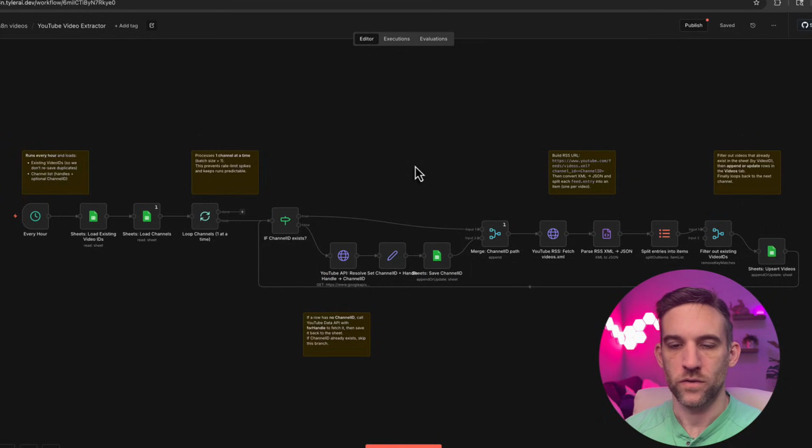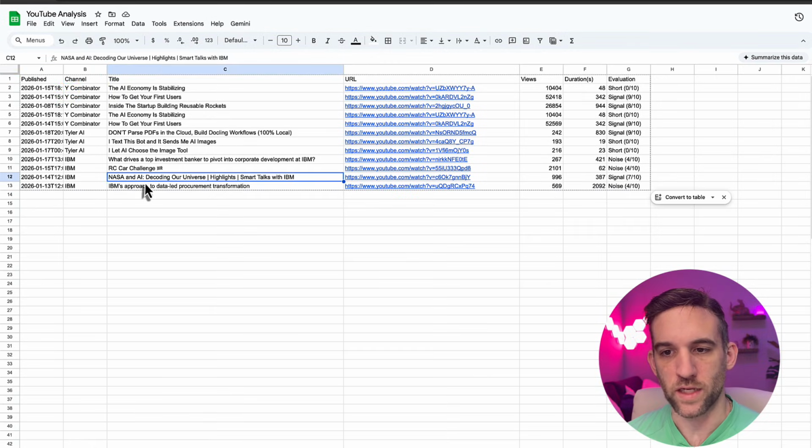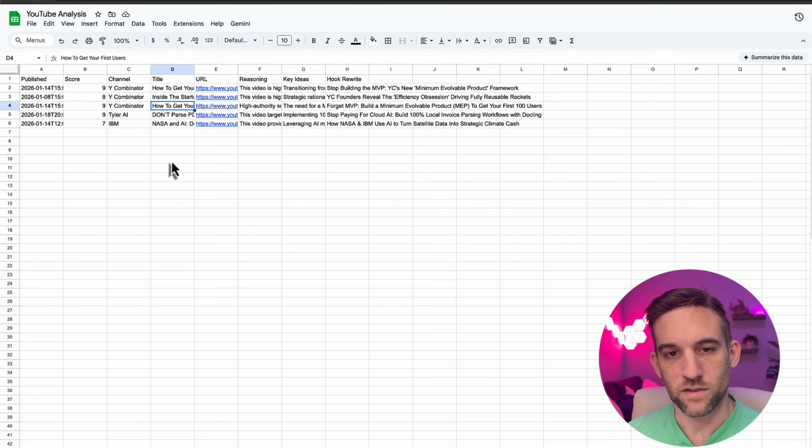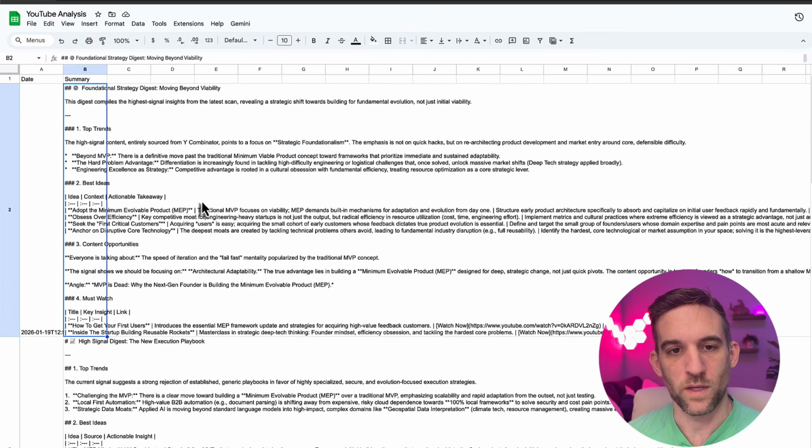Let's dive in. So here I have an automation that takes in from sheets where I have my channels that I like. It's going to retrieve those channels. It's going to get the actual IDs instead of just grabbing the handles. So it'll take care of all that for us. So here I have 3 different channels. It grabs their information. It gives us different signals based on some of the best videos from there. And then we have a digest that it saves in sheets, which is just information about whatever we just tried to summarize.